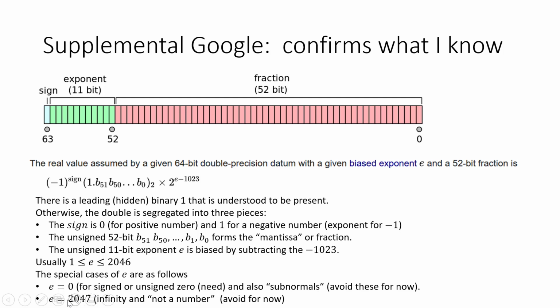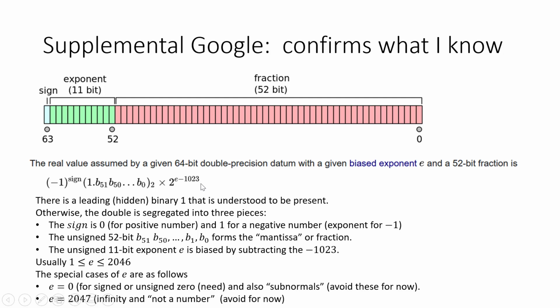The other special case is E is 2047, and that corresponds to plus or minus infinity, and not a number, and we're going to avoid the not a numbers for now. So subnormals and not a number, we're going to avoid those for now. But generally, you have E between 1 and 2046. So E comes in as, you can think of it as unsigned. That's biased by this